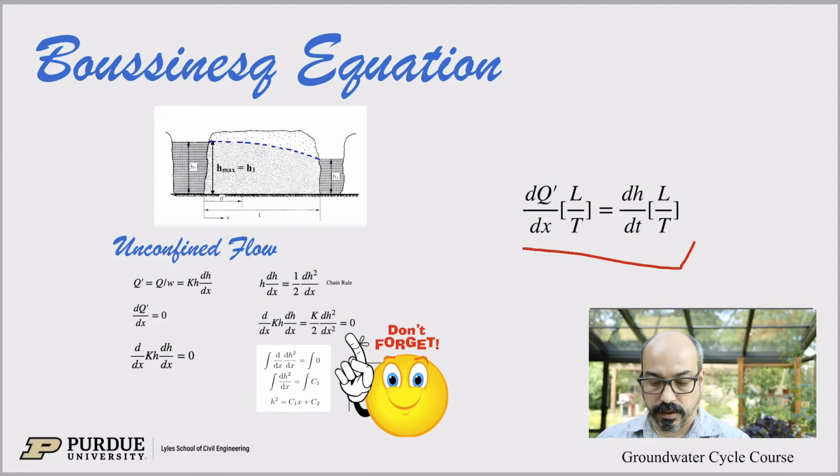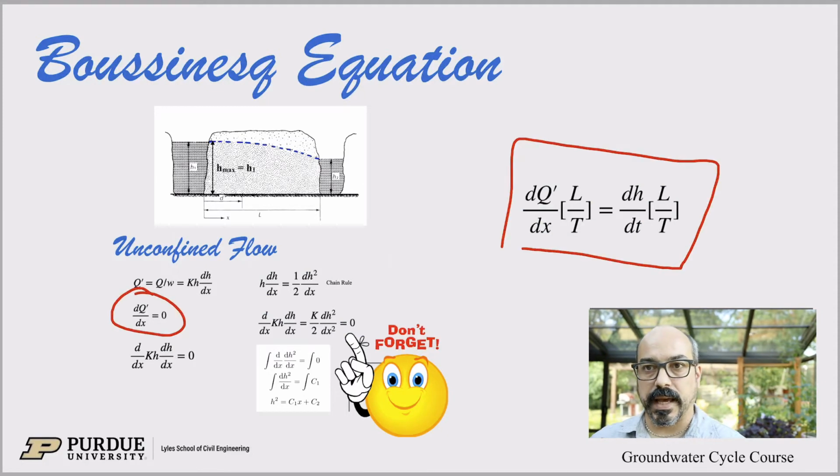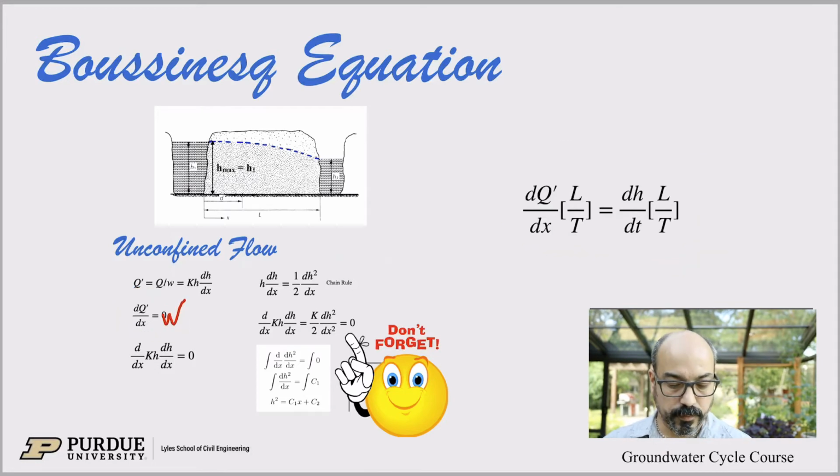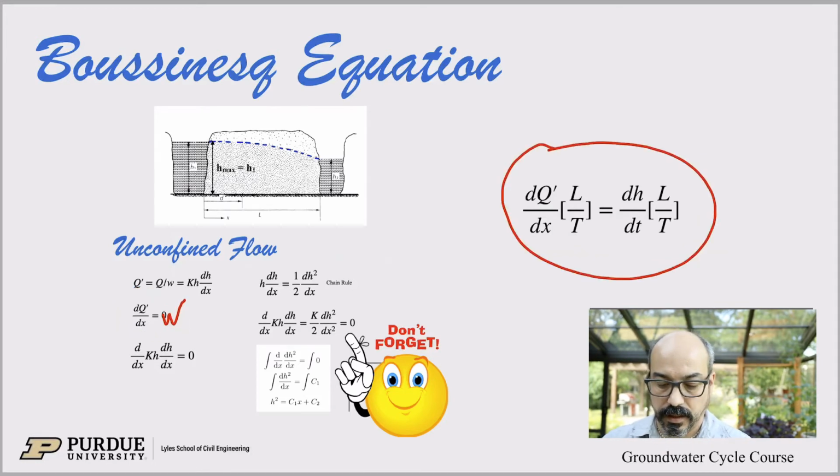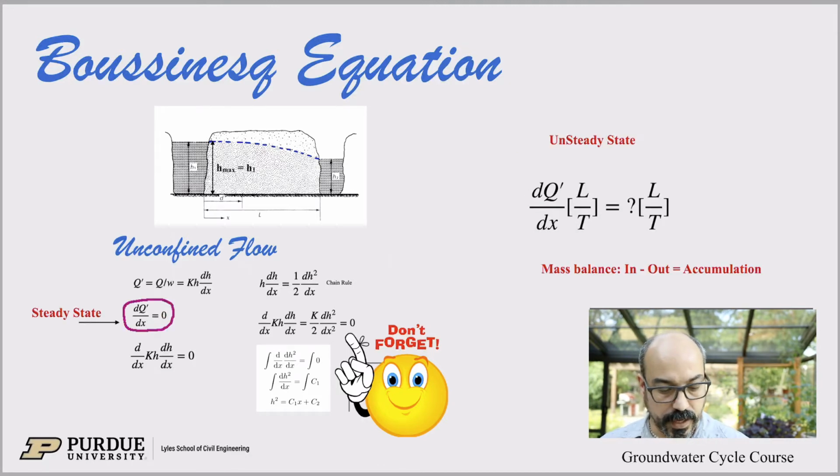Again, if we remember from before, we had dq prime dx equals 0 for the unconfined and the confined case in the very first lecture. In the last lecture, with recharge, we had W. And now today, we're looking at the case where there is unsteady flow. So the water table might change in time. Okay, so again, for an unsteady state,